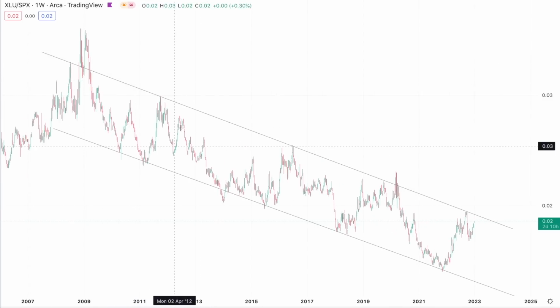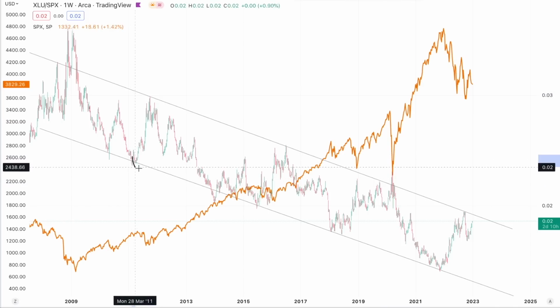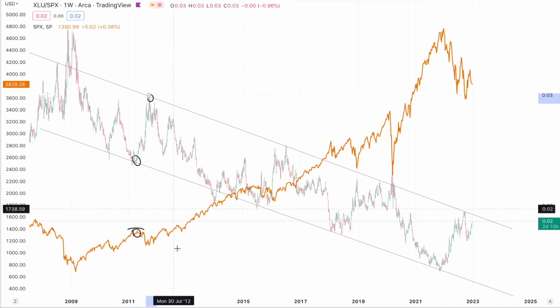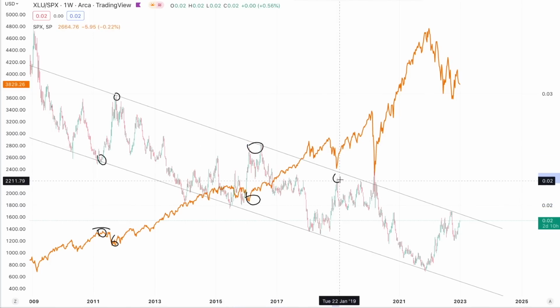Now since 2009, and this is something that we've discussed before on this channel, we've seen the utility sector trend in this bearish channel, so underperforming the S&P 500. But what's been fascinating about this is that this channel has timed some of the most important market tops as it tests the bottom of the channel and market bottoms as this ratio tests the top of this price channel. It has done so again and again in 2018, timing the bottom of this market correction, in 2020, timing the bottom of the COVID bear market.